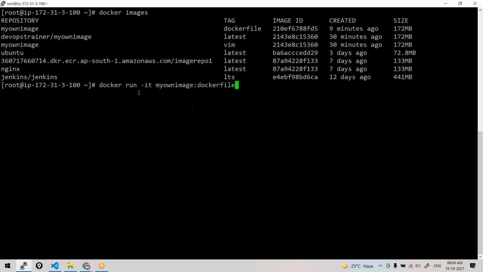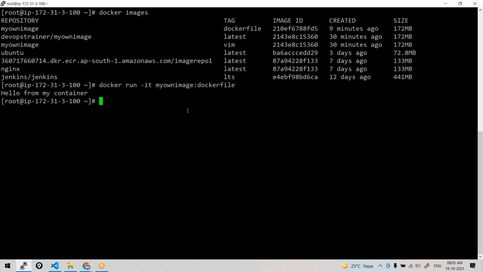So what is the expected output of this? Running the image in the interactive terminal mode. What is the expected output of this command? What should this command do now? You get the shell of the container, right? You are running it in interactive terminal mode. You should get the shell, means you should go inside the container. You can check if Vim is there or not. That's what the image I have made, right? So just go here. But I'm not getting the shell.